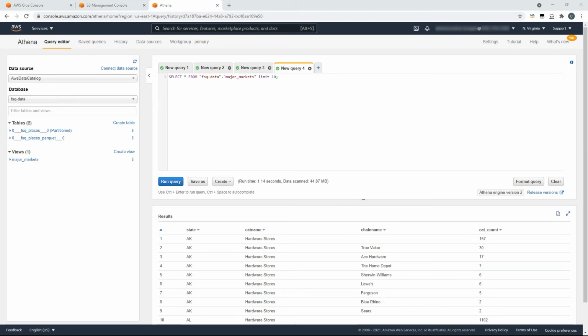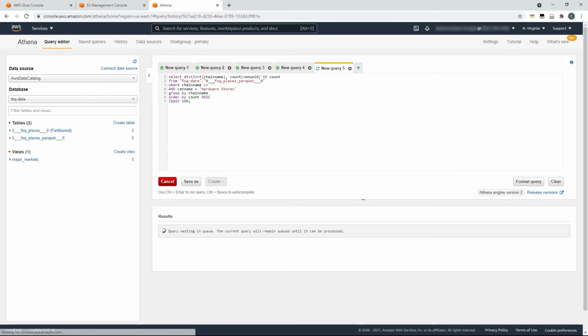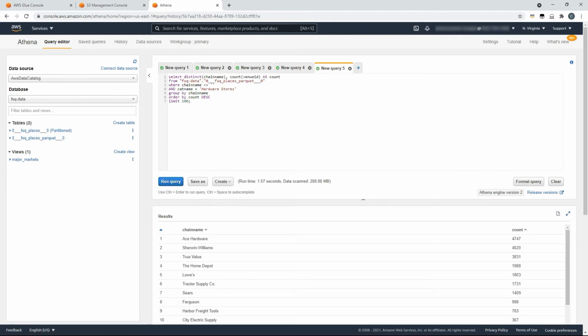If I had a chain of hardware stores across the US, here I might also want to think about maybe adding information that I know about those states, how efficiently we can operate our businesses, their flexibility and accessibility for business in general, and other information such as profit margins in those regions, as they may help direct our decisions around sites. If we want to understand the complete picture when it comes to our competition in the US, we can quite quickly run simple queries against the data to understand, say, that Ace Hardware has the most venues across the US with 4747 today.